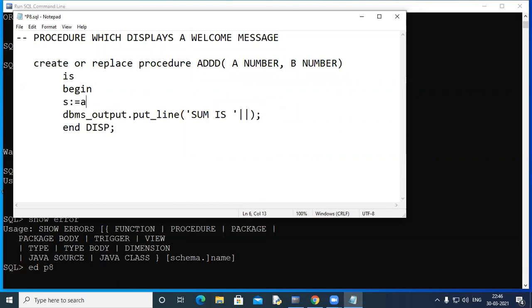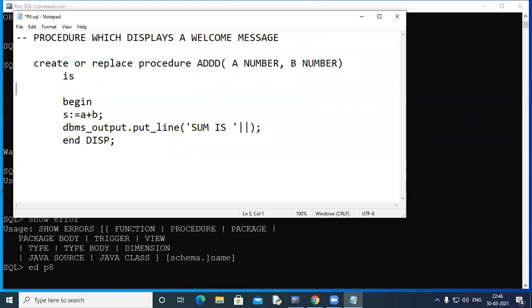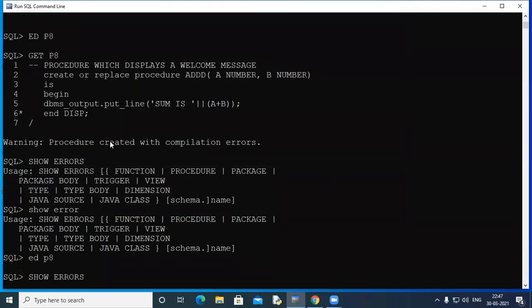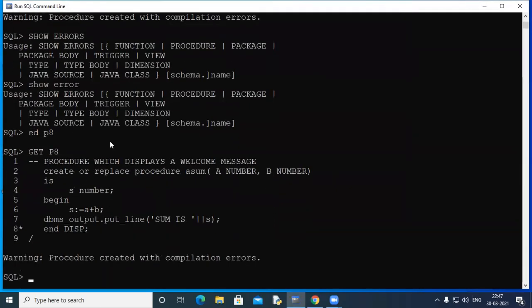Let's see if there is some problem here. And obviously we need to declare that variable. Remember, we don't need to write declare. We don't write declare here. So S number S is this, and we say sum is this. Let's use this name. Let's see if there is some error still there. Yeah, still errors are there.